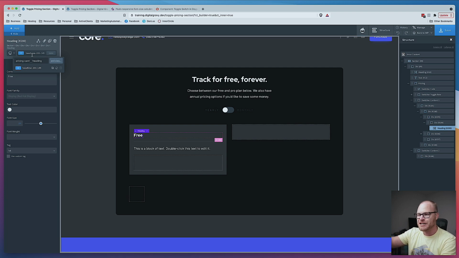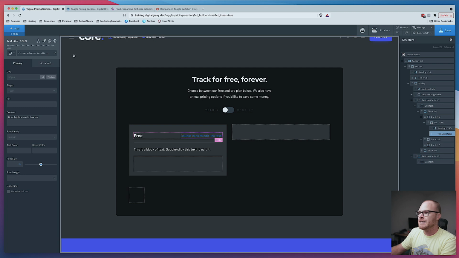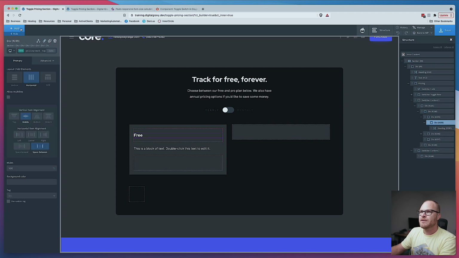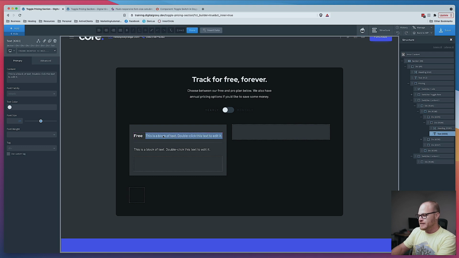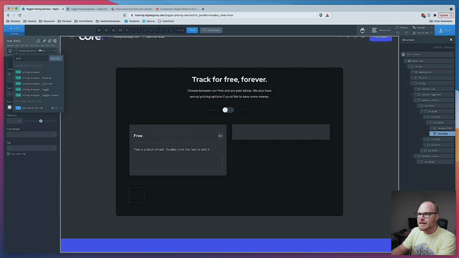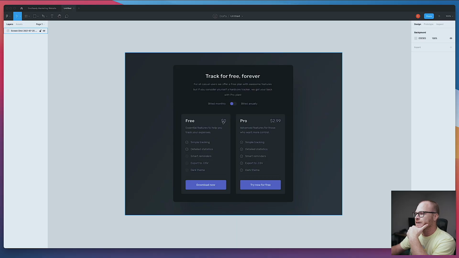I mean, the pricing card only has one heading, so this is the pricing card heading. All right, great. And then we're going to add a text element, not a text link. Nope, we just want text. Text. Cool. This is going to be $0, and we're going to call this pricing card _ price. Great. All right, and if we look at the design there, that's definitely going to need to be bigger, and